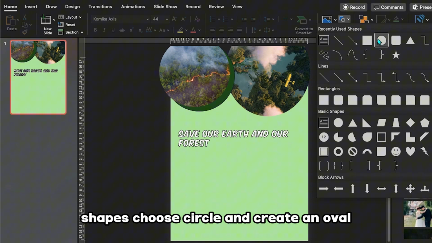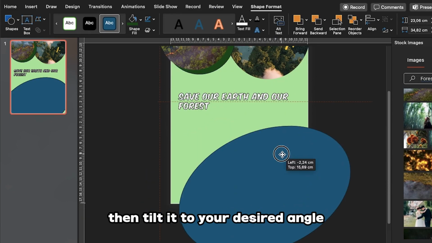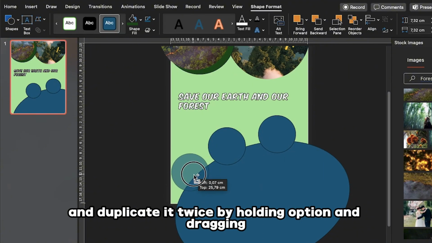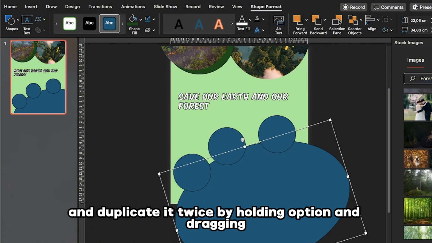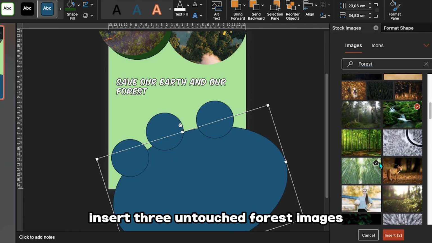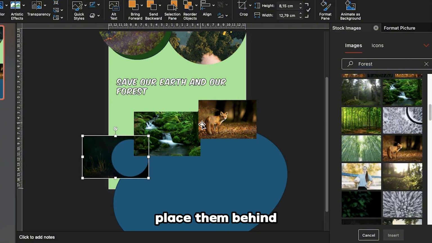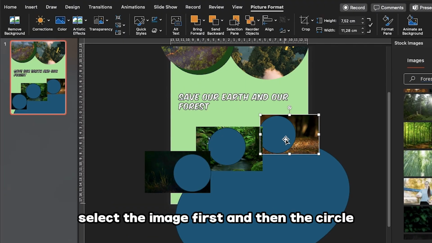Go to Shapes, choose Circle, and create an oval, then tilt it to your desired angle. Insert another circle to make a small circle and duplicate it twice by holding Option and dragging. Insert 3 untouched forest images, resize them to match the circles, place them behind, select the image first, and then